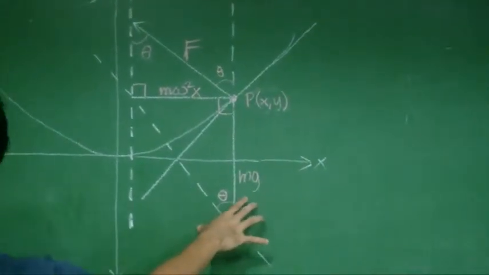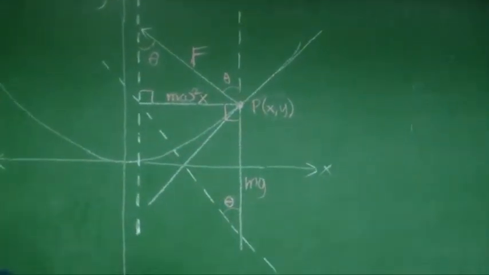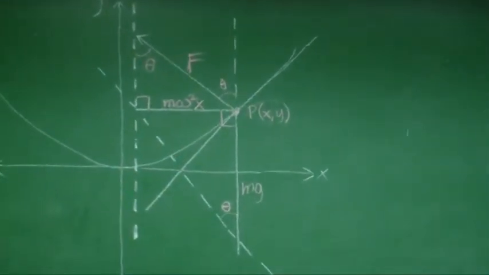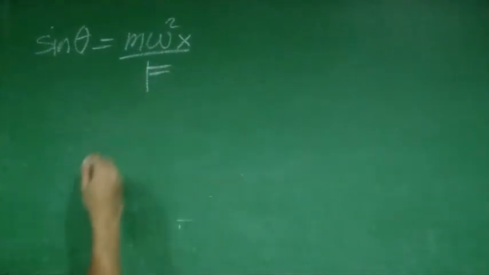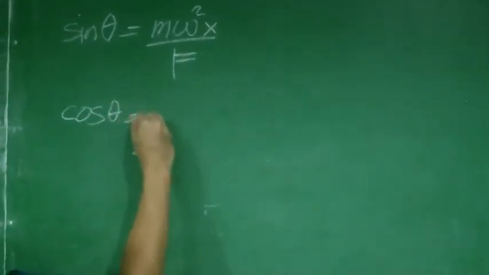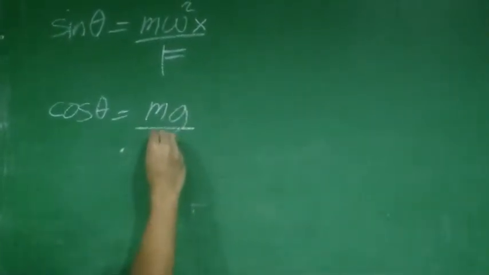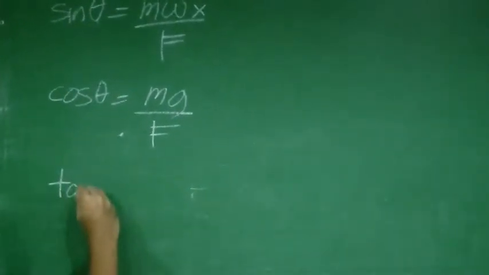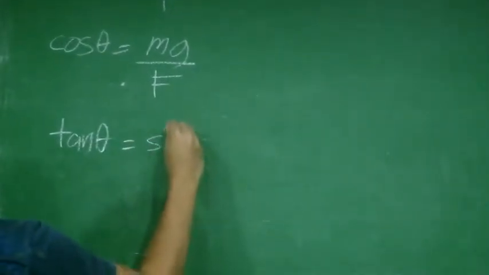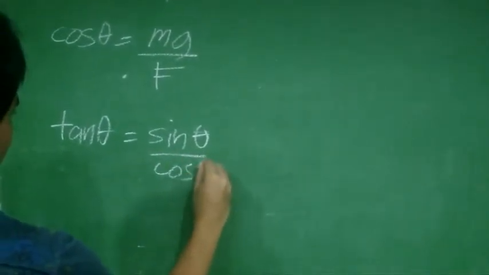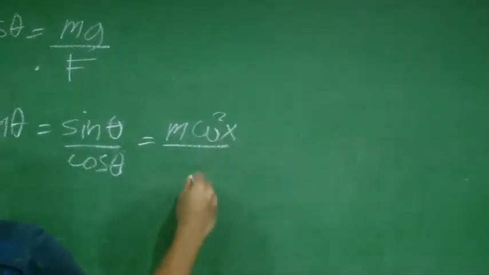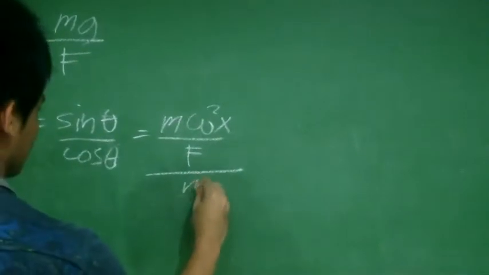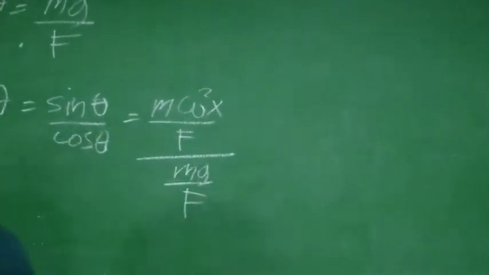So our mg is the weight, and the centripetal force has magnitude m omega squared x. And our p is a reaction force of magnitude f. Sine theta is equal to m omega squared x over f. And cosine theta is equal to mass times the gravity over f. So we can now find tangent theta, sine theta over cos theta: mass times omega squared x over force, over mass gravity over force. Simplifying it further, so we will have